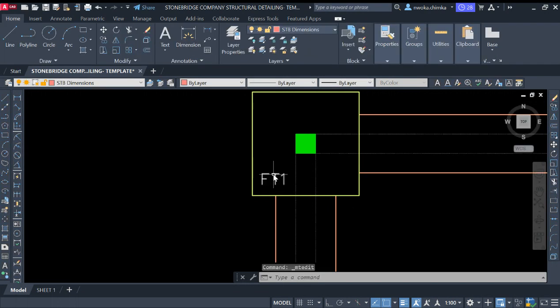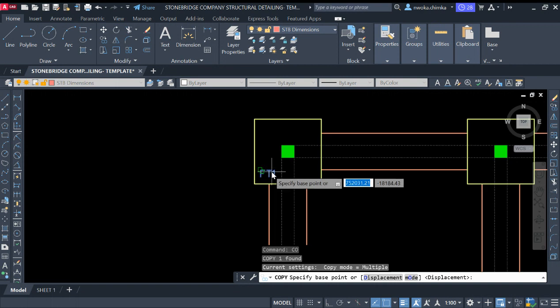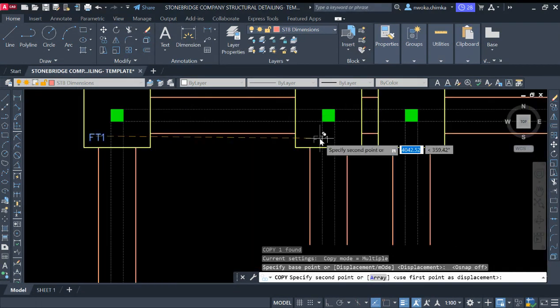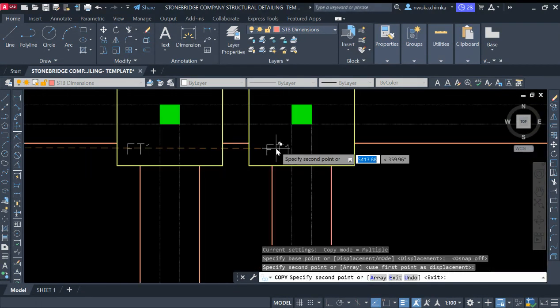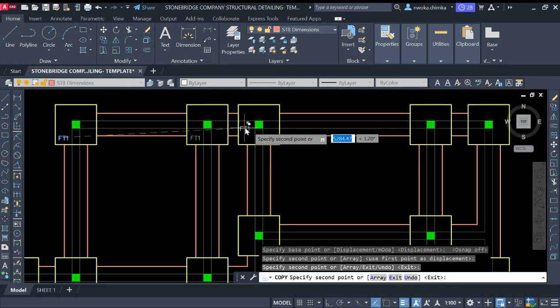So I'll just copy this right now to begin to paste. I'll turn off this snap using the F3 key. I'll turn off the snap and begin to paste this right now at this place, since we have all our footing sizes the same. In my next video, I'll be showing you footings of different sizes so that you also